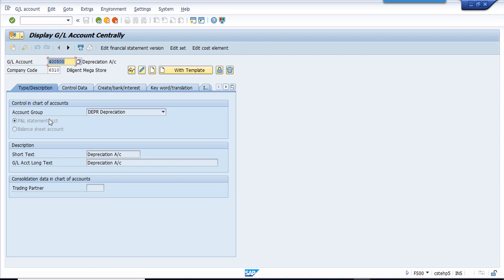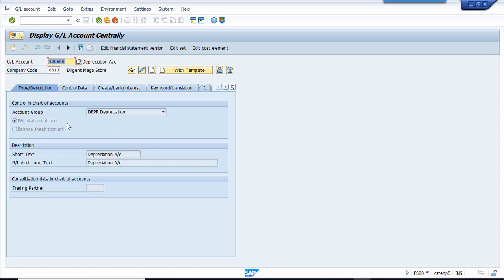Whatever GL accounts are created for profit and loss, those are part of primary cost elements. In simple words, any GL accounts which form part of the income statement or profit and loss account are called primary cost elements. Then what is a secondary cost element here?